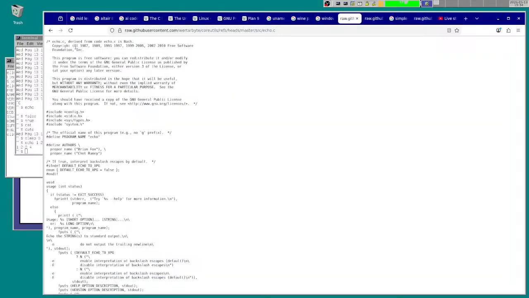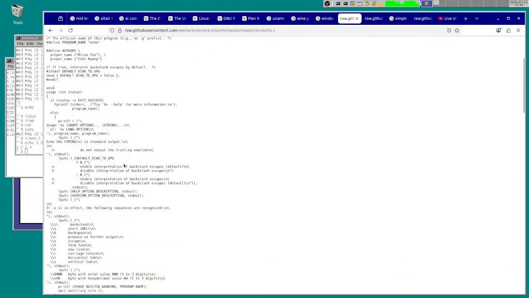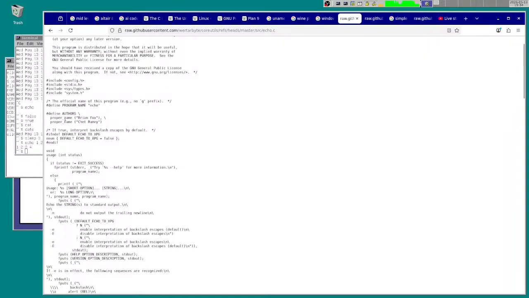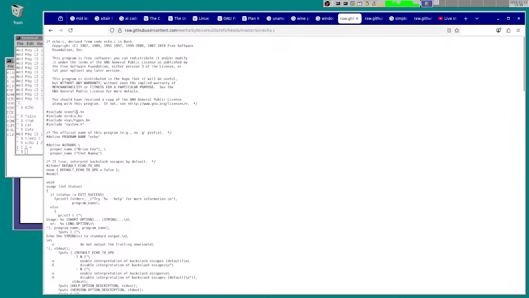But this is the GNU version, the kind of definitive GNU version of the echo program. When we look through the source code here, it's got the authors' names in it.